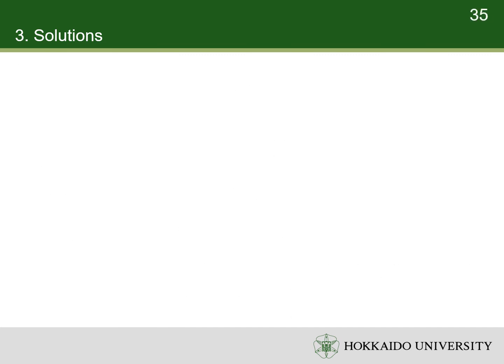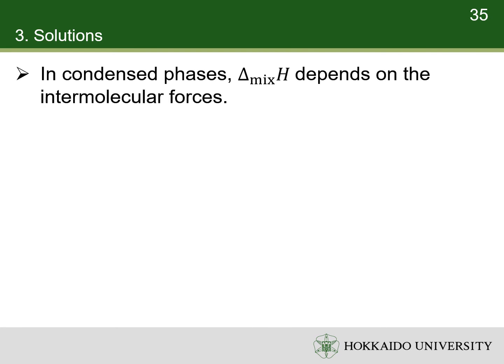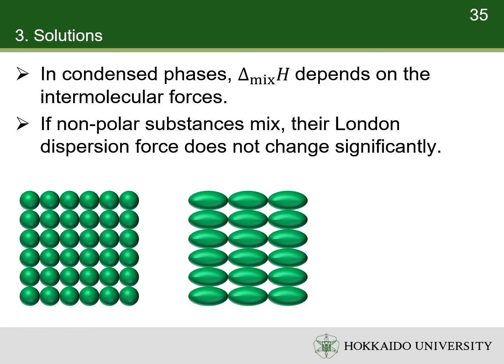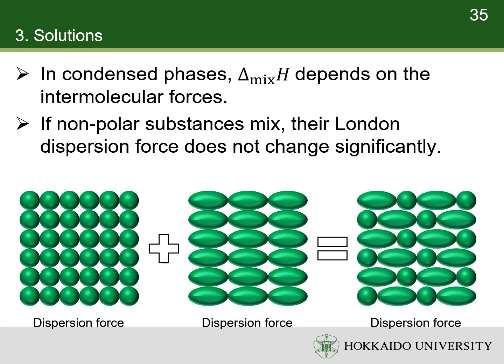In ideal gases, the enthalpy of mixing is 0, because there is no interaction between two gases. In contrast, in condensed phases, the enthalpy of mixing depends on the interaction between particles significantly. Here, we discuss the solubilities of the solutes which do not dissociate into ions. The solvent also remains as molecules. If both the solute and the solvent are nonpolar substances, the main interaction between their particles is London dispersion force in both. The main interaction between the particles in the mixture is still London dispersion force. Thus, the enthalpy of mixing is very small, and the Gibbs free energy of mixing is still negative due to the entropy increase.